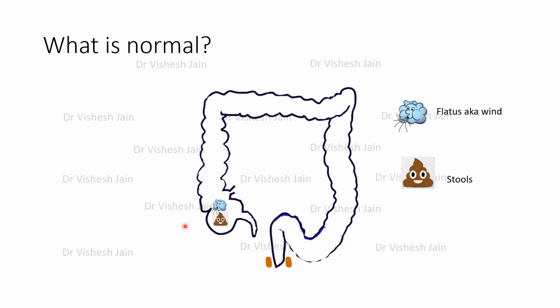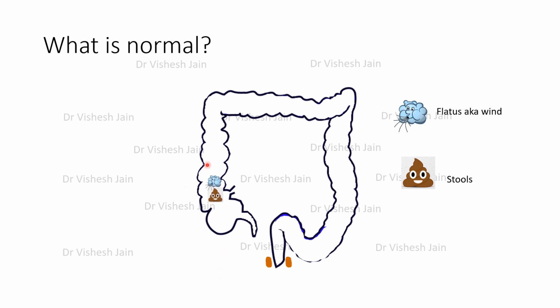We all know that we ingest food through our mouth, which is digested in our food tract, and ultimately we remove the waste products from our body through an opening called the anus. This blue cloud-like thing signifies gas, and this is the stool. Once we ingest the food and it gets digested,